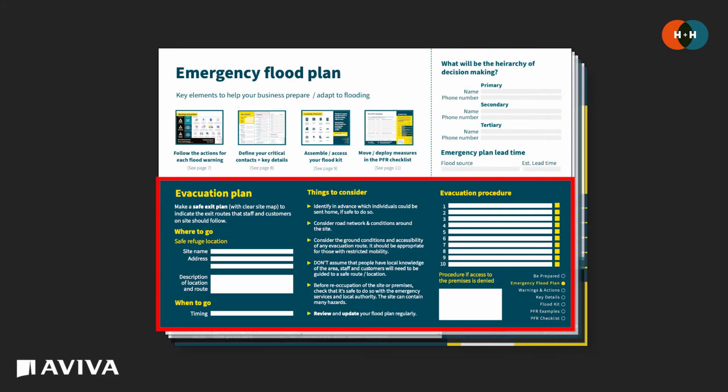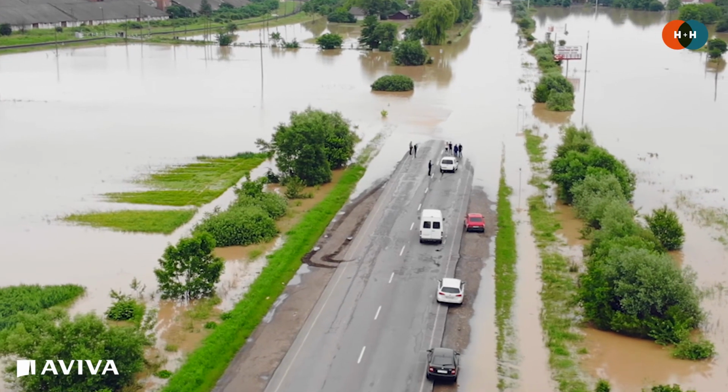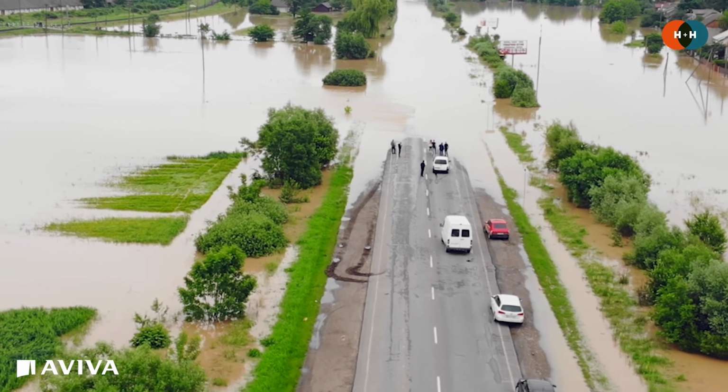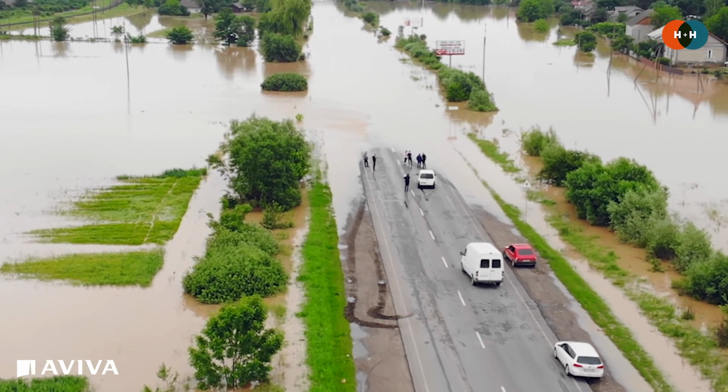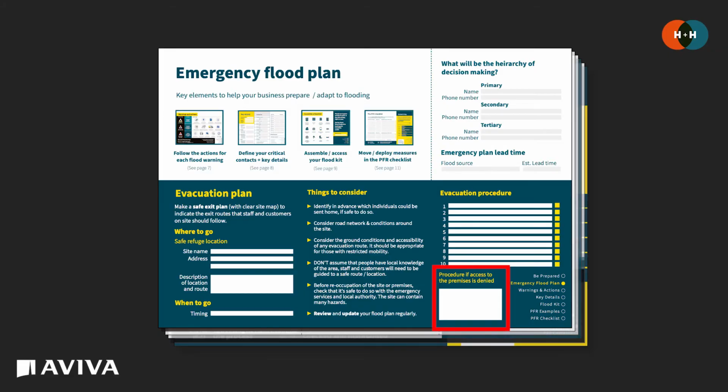In creating the evacuation plan, we really need to define where the safe refuge location will be, how to get there, as well as when you'd expect people to relocate to it. It's good practice to have a map of these evacuation routes on display within the premises, but also bear in mind that, because of certain conditions, it may not be possible to access the property or the safe refuge location. So there should be a plan B and an alternate site set out in which to